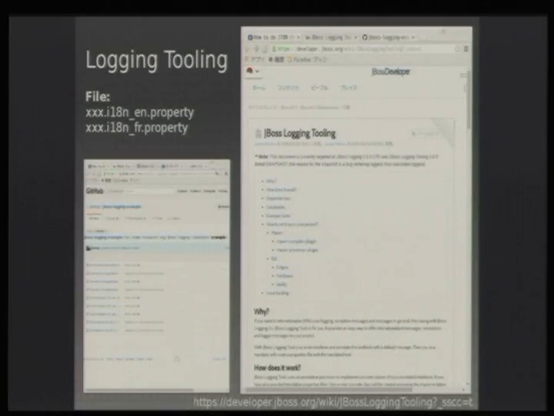Another example is logging tooling. If developers are developing the application in JBoss, then gettext no longer works, so usually they use the logging tool. Again, the right-hand side is a brief introduction about how to use the logging tool to internationalize. When a JBoss application is internationalized, the file is not the PO file, but the